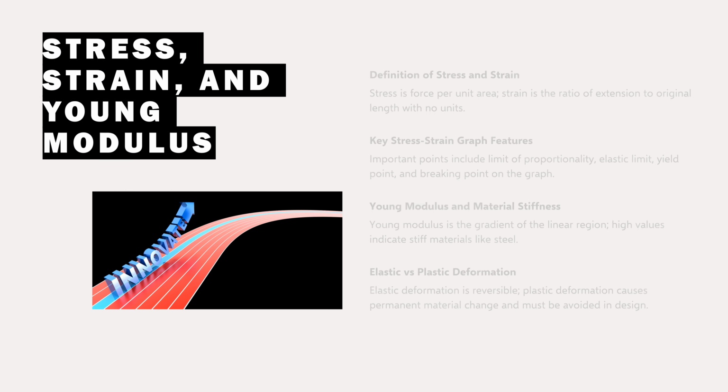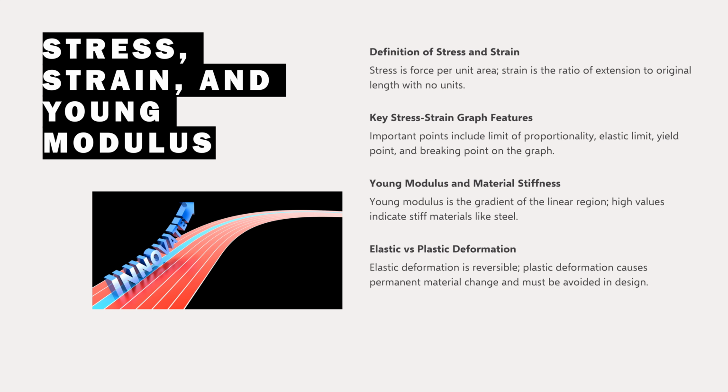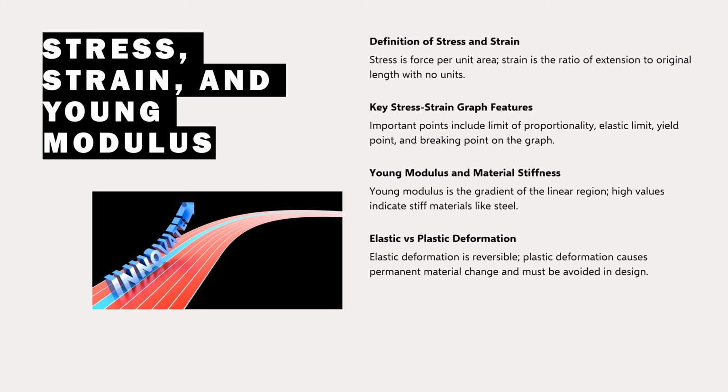Stress and strain describe how materials deform under applied forces and are central to understanding material behavior in mechanics. Stress is defined as force per unit cross-sectional area, while strain is the ratio of extension to original length and has no units. The gradient of the linear region of a stress-strain graph gives Young modulus, a measure of stiffness that indicates how much a material resists deformation. A high Young modulus corresponds to a stiff material, such as steel, while a low value indicates a more flexible